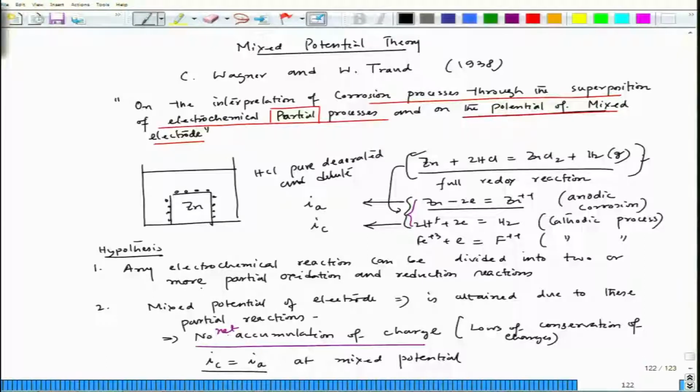are basically any electrochemical reactions. The first hypothesis is that any electrochemical reaction can be divided into two or more partial oxidation or reduction reactions. And the second hypothesis says that because of these partial oxidation and reduction reactions, the electrode will achieve a mixed potential, and there should be no net accumulation of charge, and this no net accumulation of charge would basically indicate the law of conservation of charge, and at that time IA should be equal to IC, and that IA equal